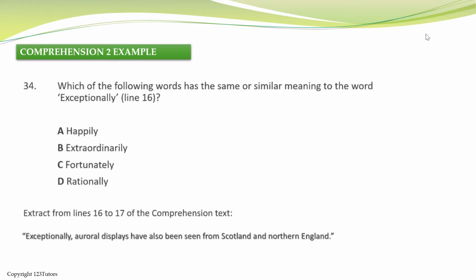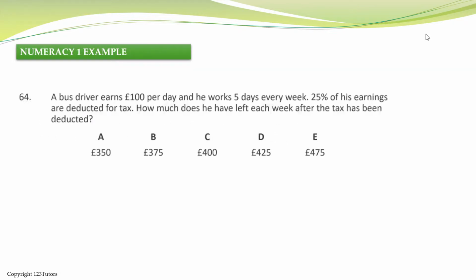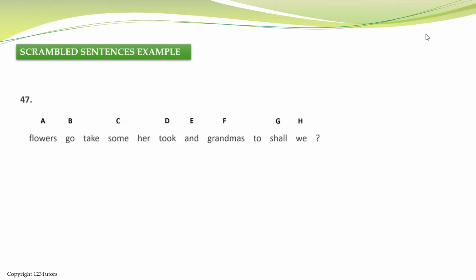Comprehension 2 is more about looking at specific words and understanding what those words mean. You've got scrambled sentences, and you've got to pick the letter that is not applicable and doesn't fit into the sentence. And you've got numeracy questions, which are relatively short numeracy questions like this one. So going back to the top,